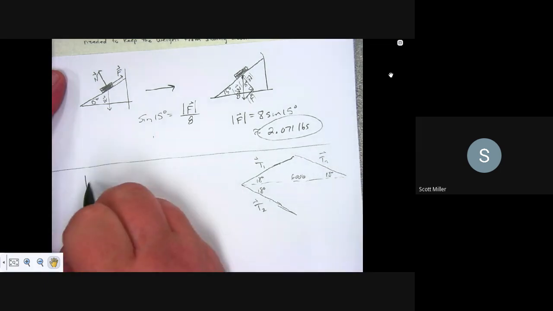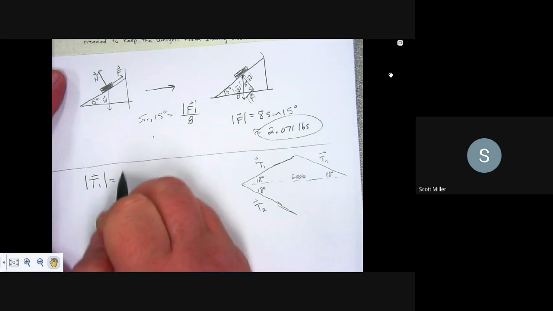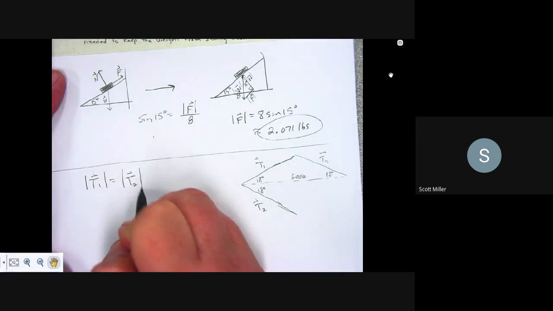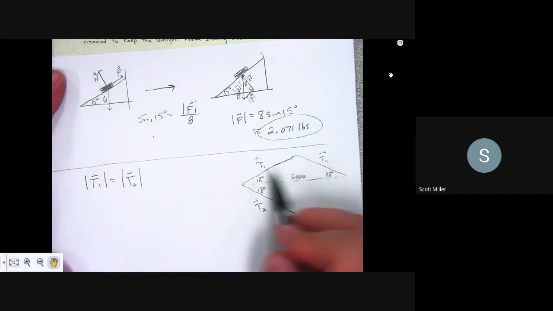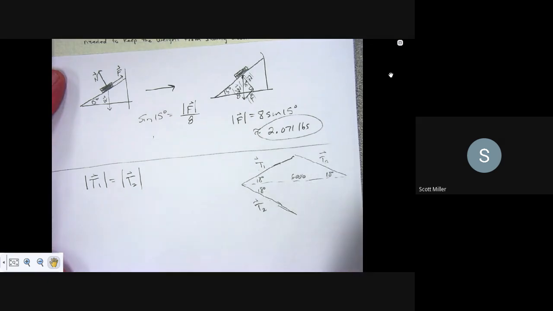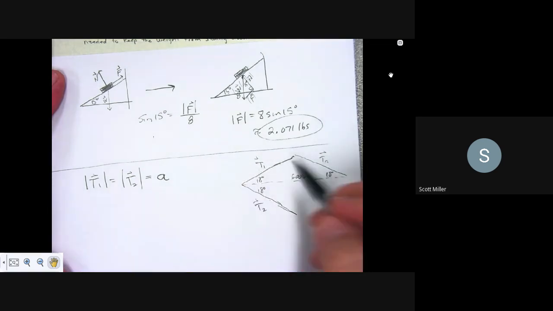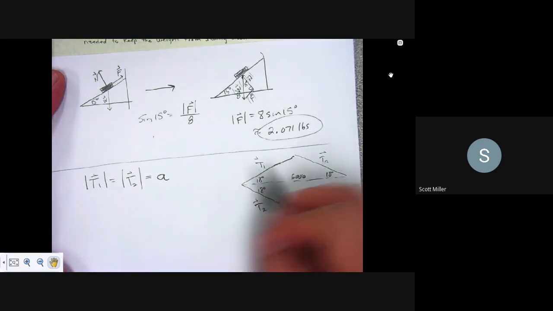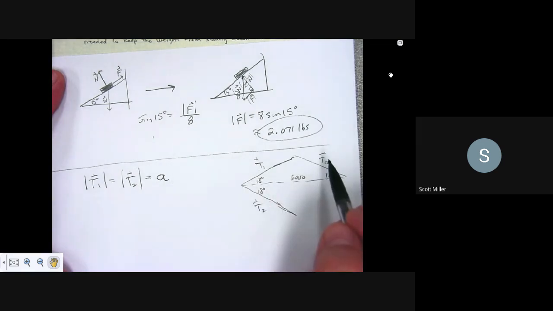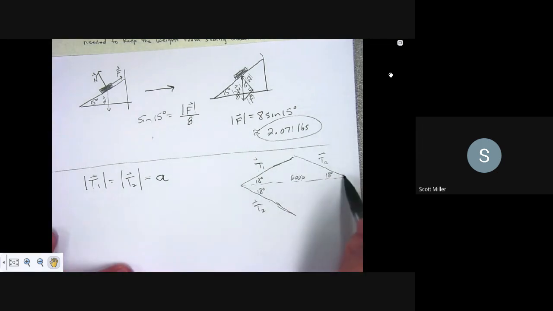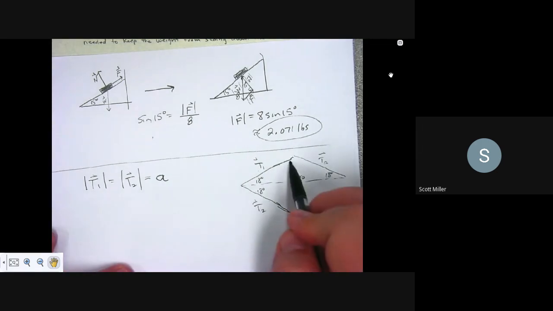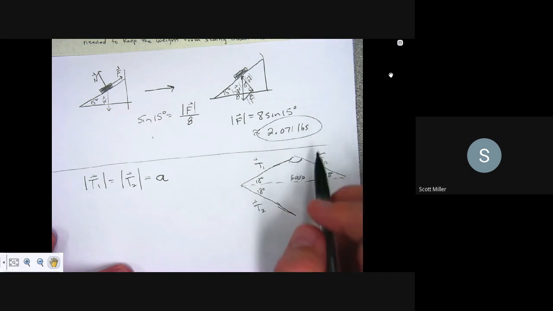So I know that the magnitude of T1 is equal to the magnitude of T2. And I know this because this forms an isosceles triangle, which means the 2 base angles are the same, so the 2 lengths of these are the same. And I don't know what that is. I'm going to call it A. Okay, so this magnitude is going to be a length of A in both cases. Once I draw this resultant, which was a resultant at 6,000, I see that I have a triangle. And so I know these 2 base angles, so that means I know this angle right here, and I can use